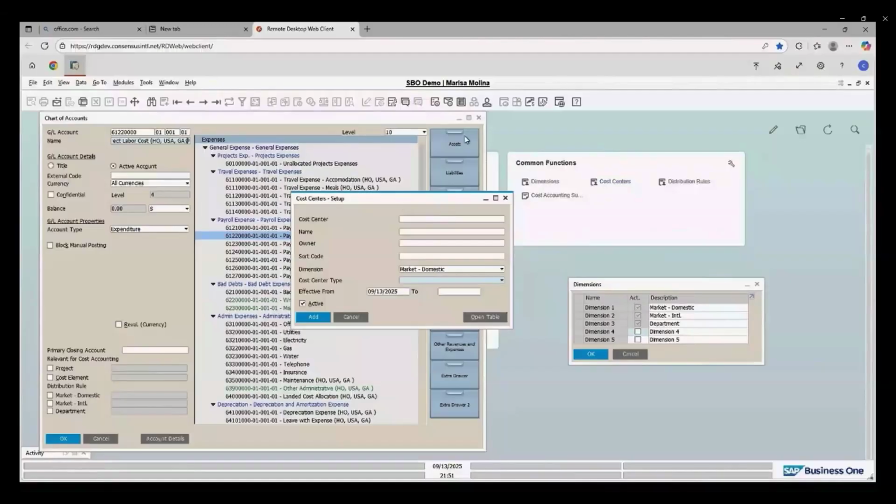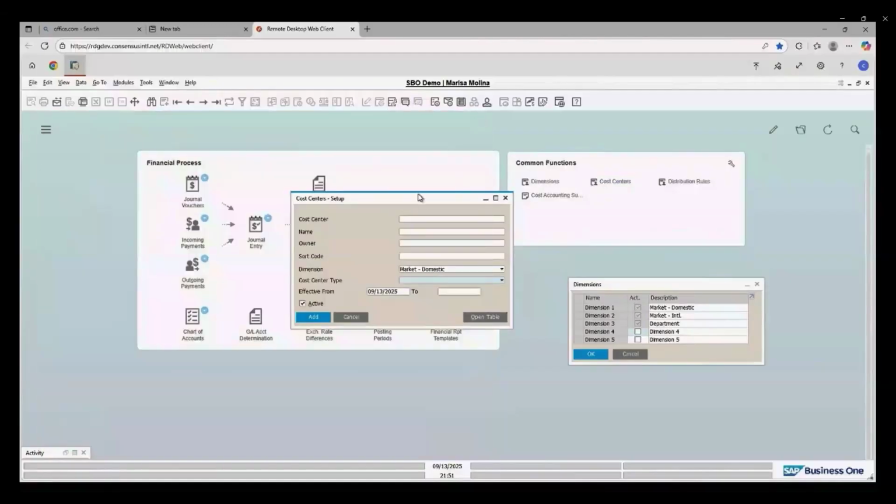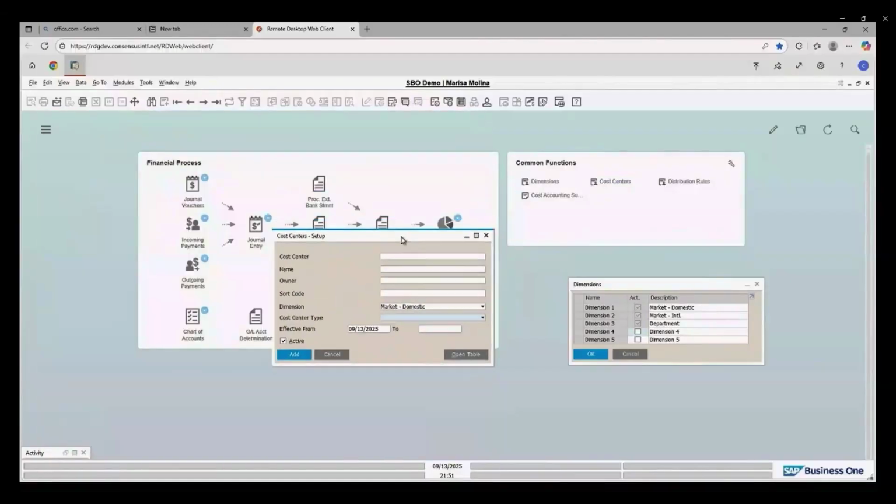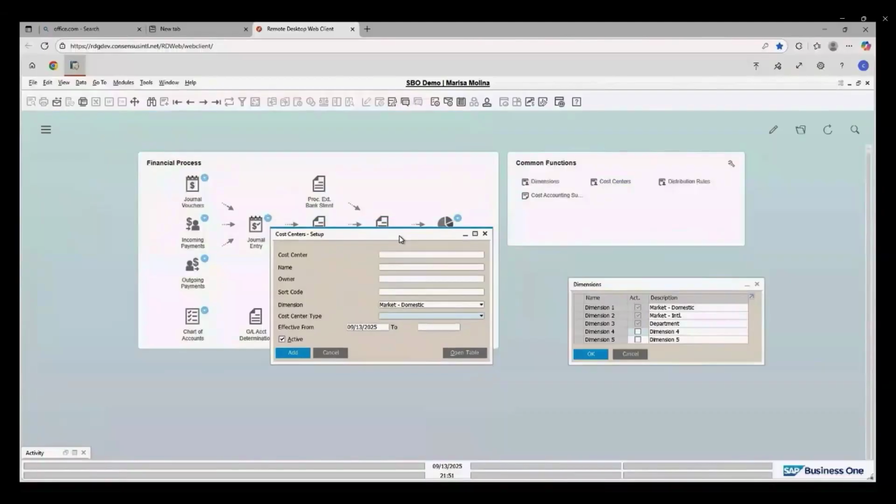So here in cost centers, let me just close this one. One of the things that we need to take into account is that even if we refer to cost centers, actually it is generic also for profit centers, because we can use cost centers not only for cost, per se, expenses, but also in the revenue accounts. I just showed you in the chart of accounts. So basically profit center makes total sense. So that is one of the things that you can do.